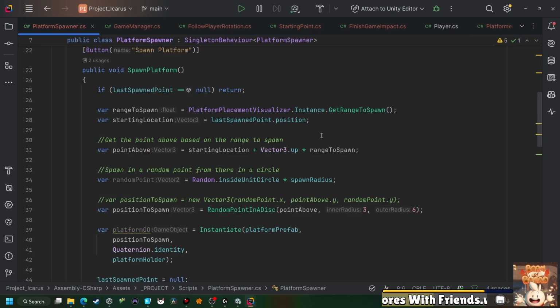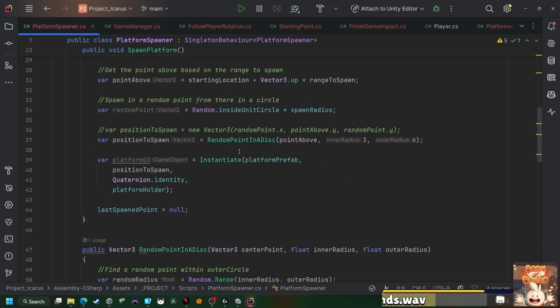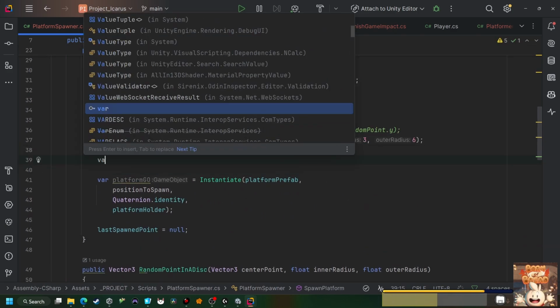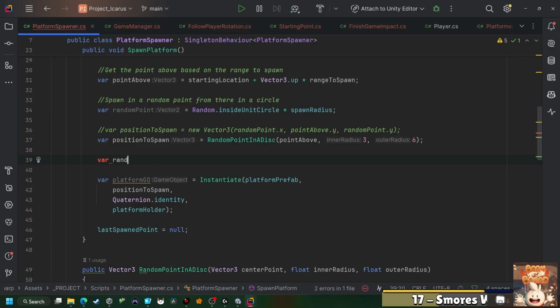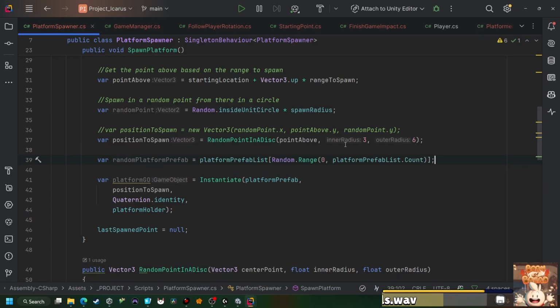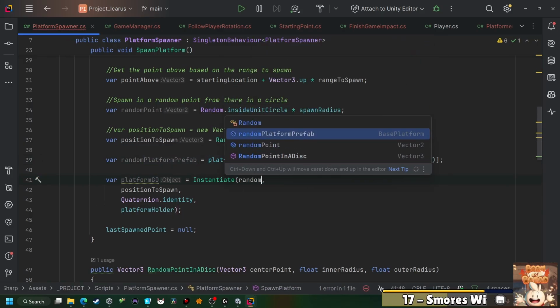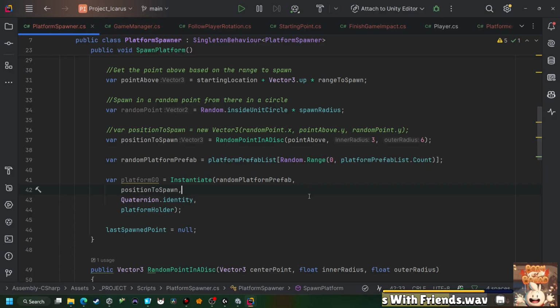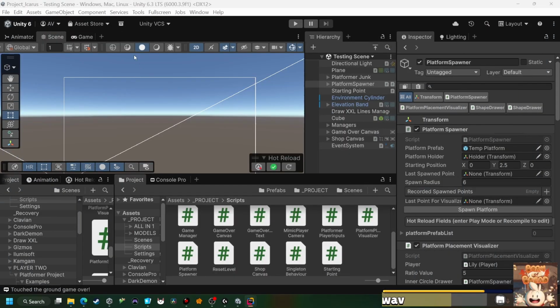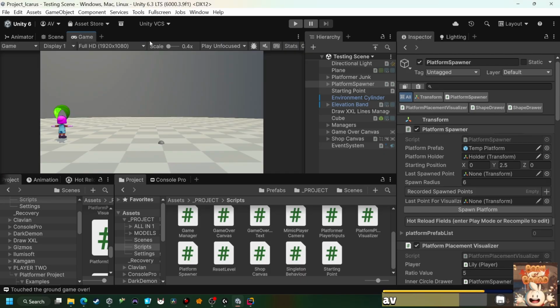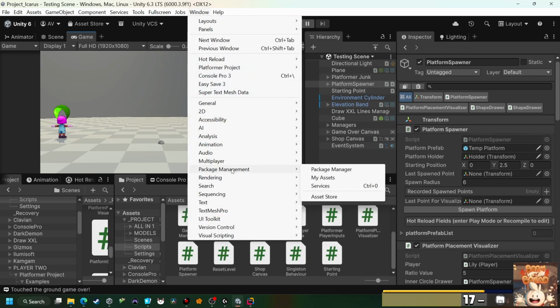So for now, for random platform prefab, I'm just gonna do one from that size. The random platform prefab. Just gotta make some. I think I'll make like a very long one, a very small one. I think we could